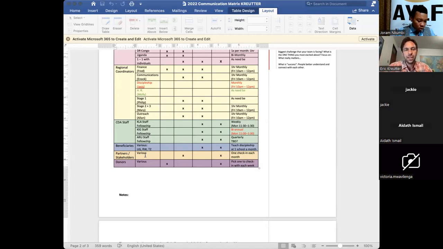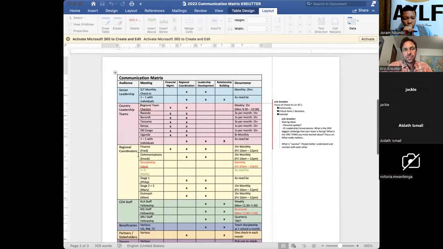And finally, we have a section of donors. And this is a different group that has different needs. And so every week, I will look at our list of donors and make sure that I'm connecting in some way with a different donor, so that time doesn't go by and I haven't connected with them in a long time.